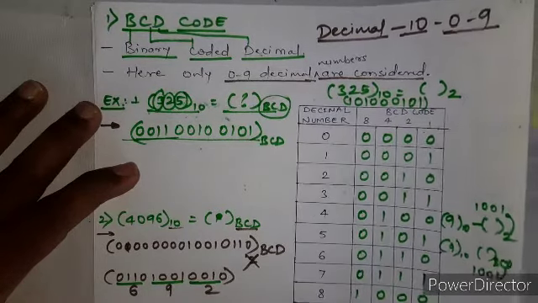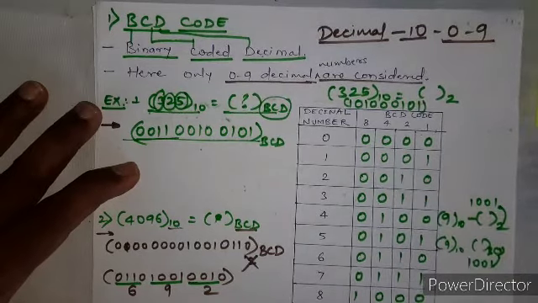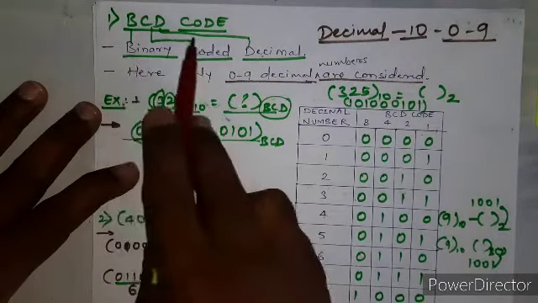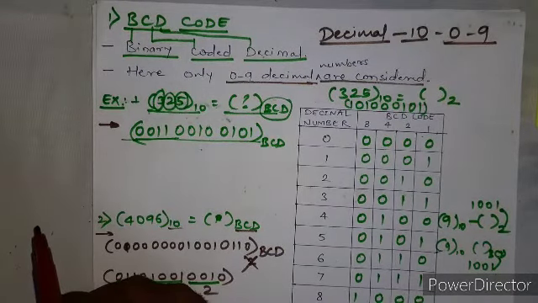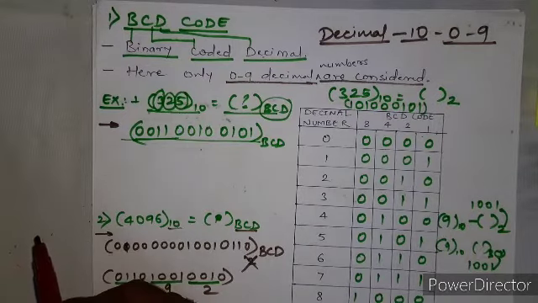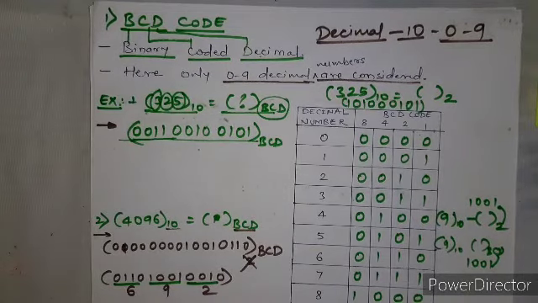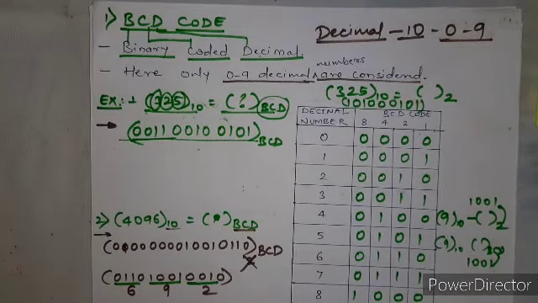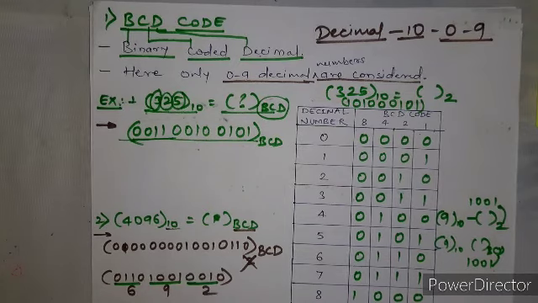Okay, so this is all for today's lecture. In the next lecture we will go for one concept, that is BCD addition. We have already seen binary arithmetic. Now with the help of that binary arithmetic, how these BCD numbers are added and what is the result of that is quite interesting. So in the next lecture we will try to solve BCD addition with some rules.